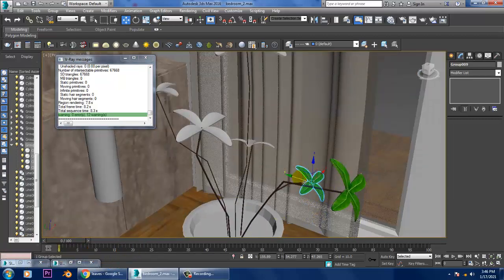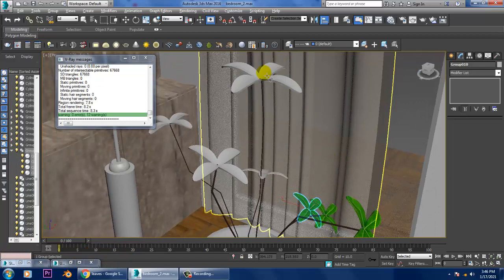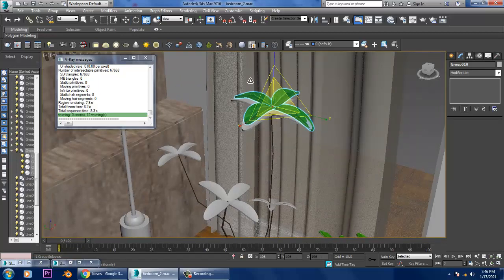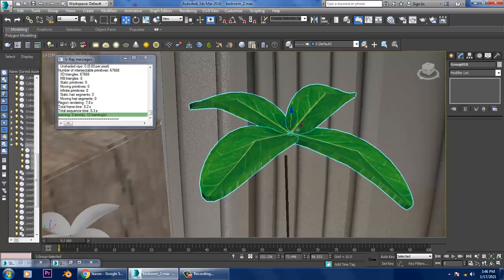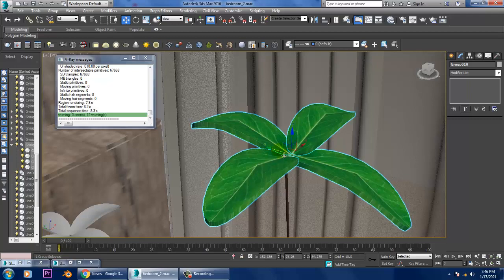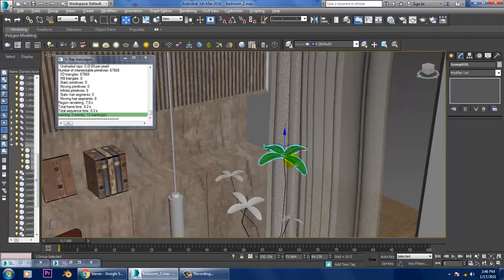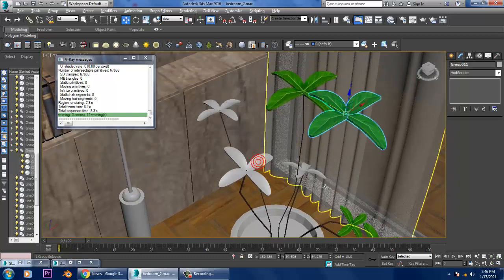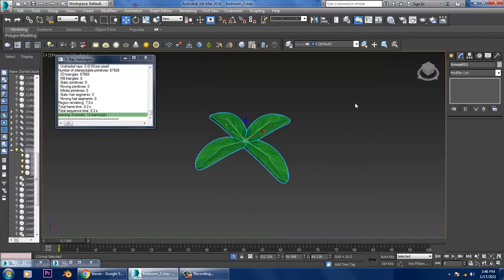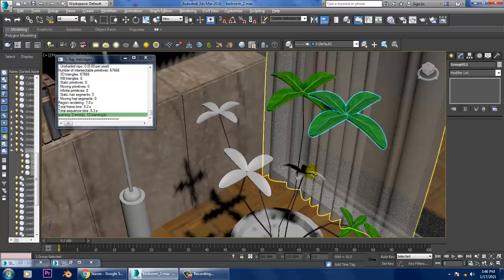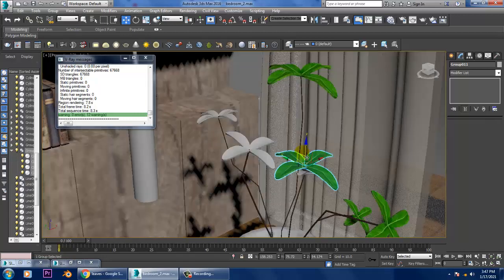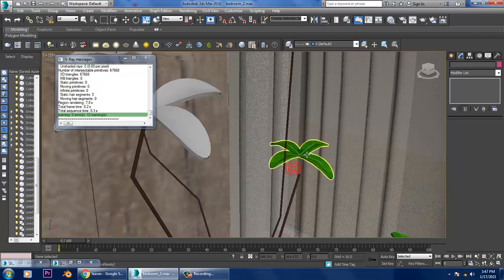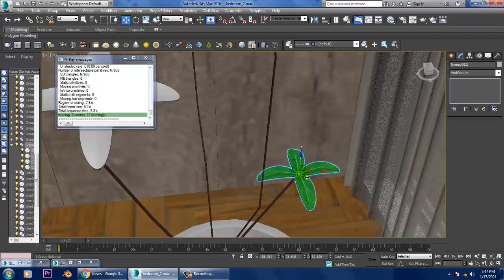Again make a duplicate of it, Alt A, just place it, rotate it, scale it, and delete this and slide it, push it down. Again make a duplicate, Alt A, and isolate. Scale it again, delete this and push it down.